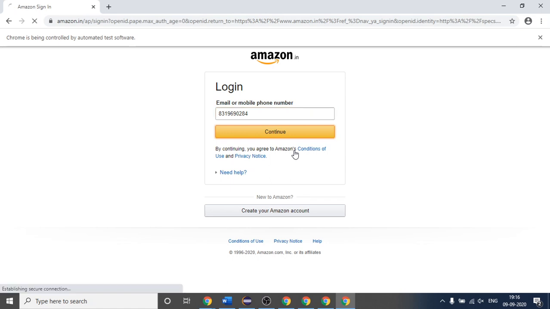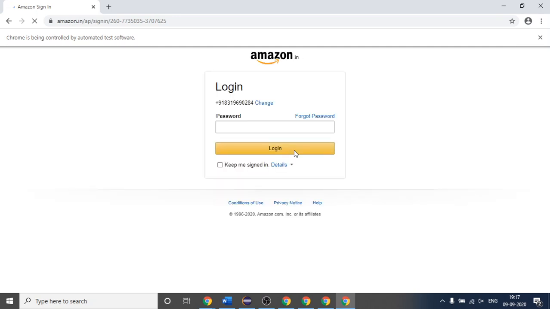So it has entered. You can see it has clicked on continue button, and you will be redirected to the next page. You can see this is the next page, and we have successfully clicked on the continue button, and it is just asking for the password. So you can do many more modifications in this code so that you will be able to fill the password with the help of send keys, and then you will try to log in.